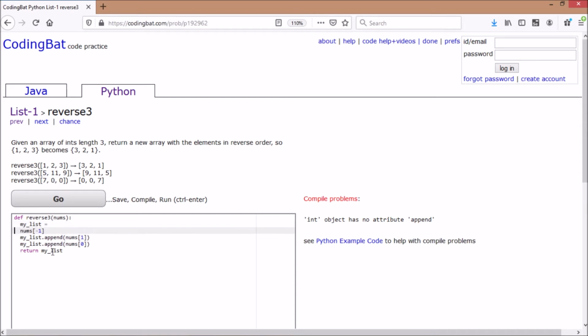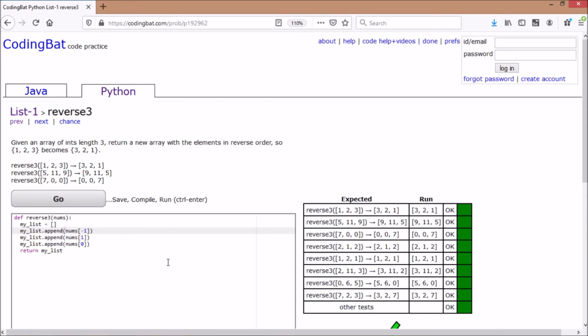I think first we need to define the list. For defining a list, there are several ways, but I use the brackets, and that will create our list. Then append. I think this shall work. Yep. So first we have to create the list here, because we were not creating the list in the beginning. We were assigning only one element. That's why we got the error. But now we are appending the element to the list because we first initiated the list. There are several ways, like you can write list here. That shall also work the same way. Yeah.